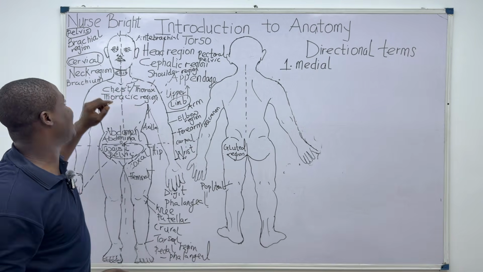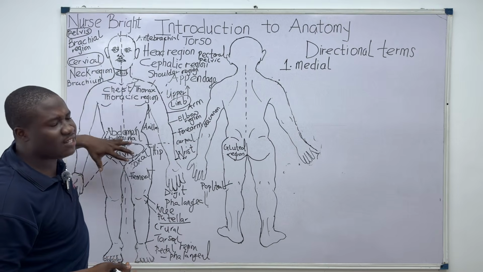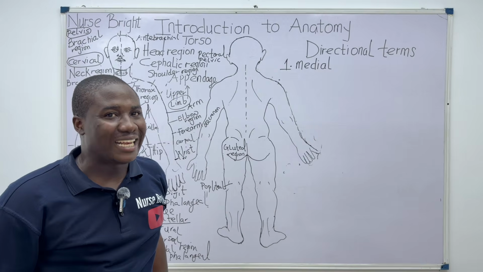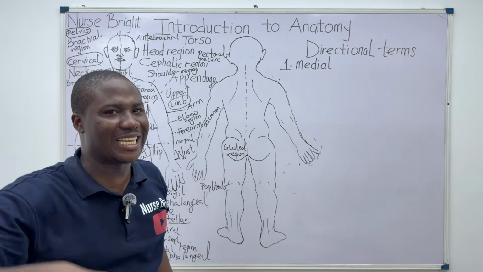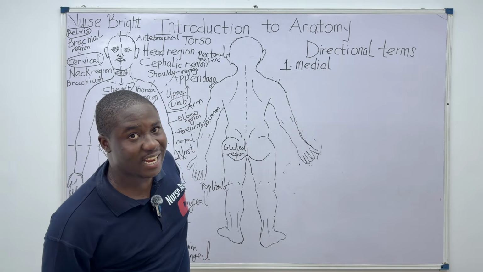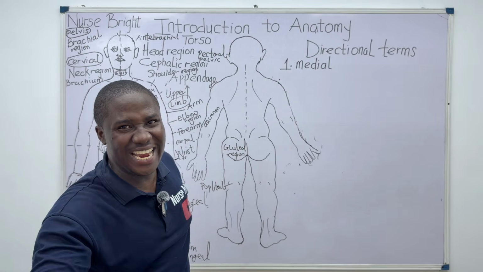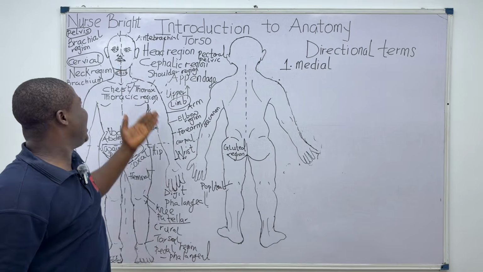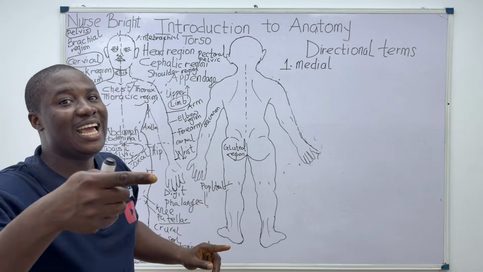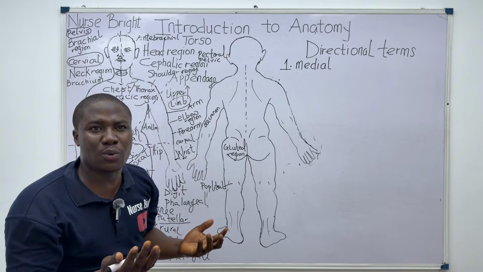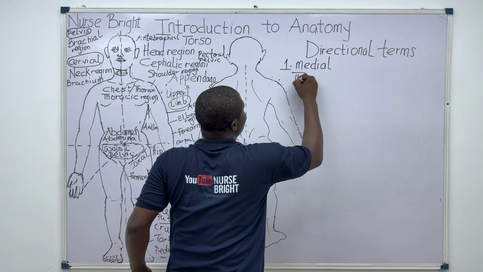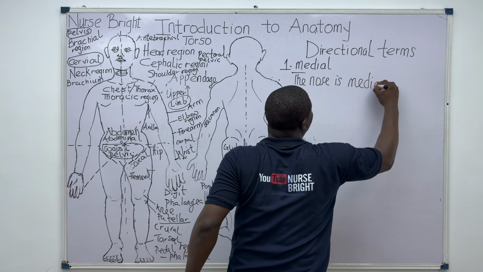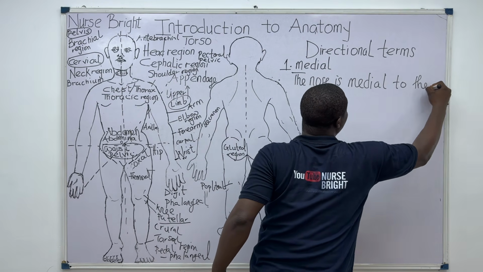Between the nose of this individual and the eyes, which is medial? I told you, for a structure to be medial, it is closer to the midline, the mid plane. The what now? Mid sagittal plane. So basically, looking at this, which one is medial? It is the nose. The nose is medial. Now we are relating the nose and the eyes. So how do we say it now? We simply say that the nose of this individual is medial to the eye.